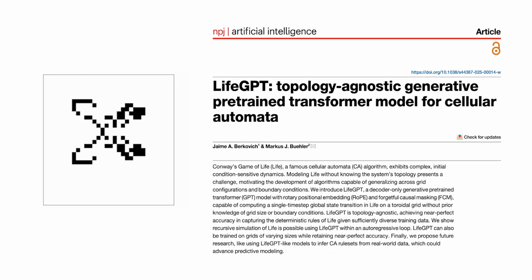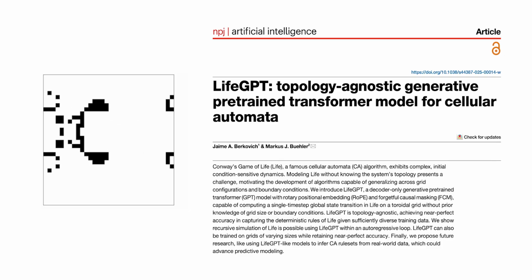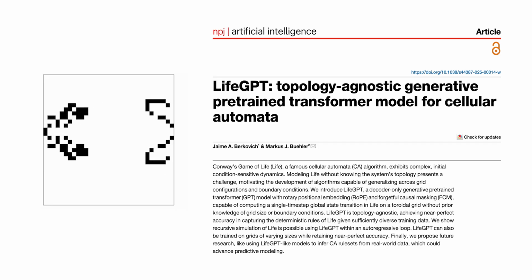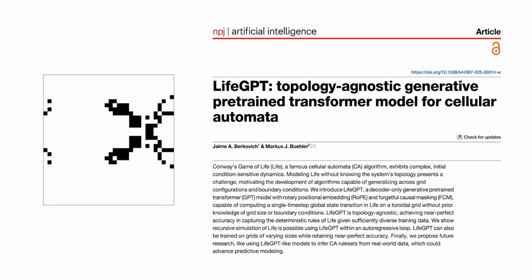With careful training data design, especially covering the full spectrum of initial conditions, a transformer can recover and generalize the logic of a two-dimensional cellular automaton from sequences alone. If you're someone who works with complex systems, there's a broader lesson here. Sometimes, instead of encoding all your domain knowledge into the architecture, you can let attention do the heavy lifting, provided you feed the model the right variety of examples.